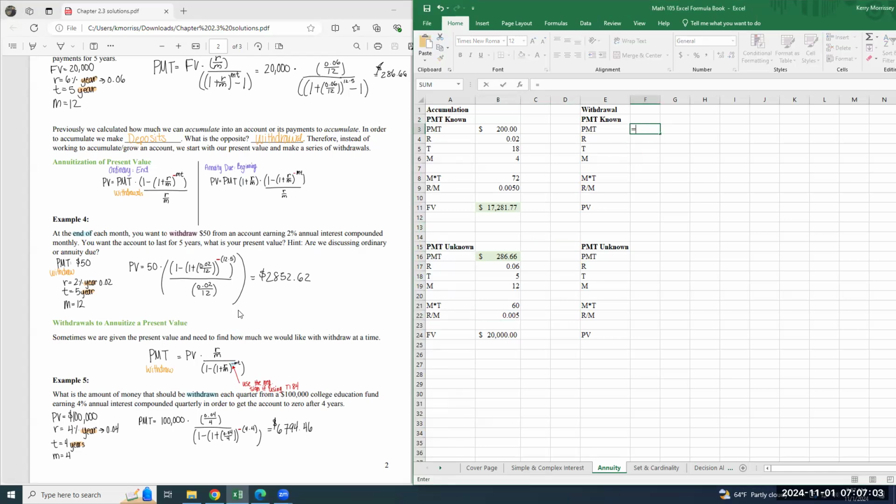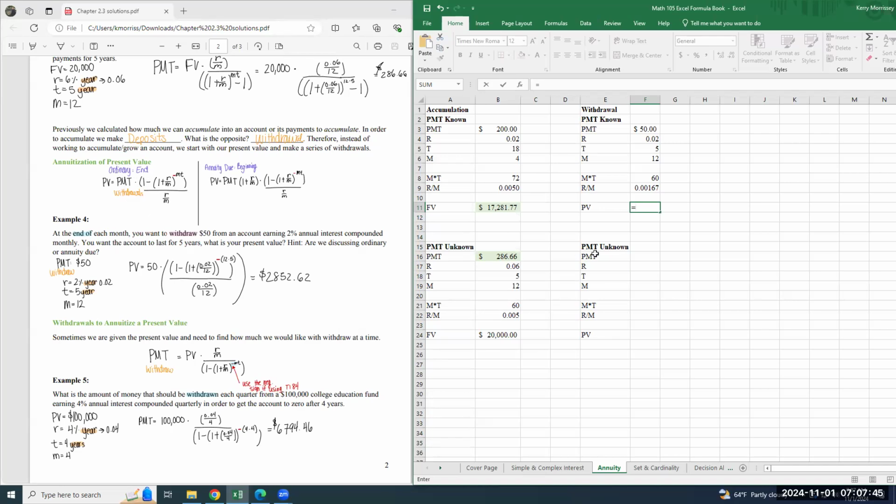So it says equals, oh, sorry, not equals. We have to actually put values in. So we are now talking about withdrawing money. So withdrawing from something that you have currently. So we'll talk about withdrawals in present value. So your rate is 2% per year. Your time is 5 years. We have 12. M times T, and R divided by M. Your present value, we have this equation up here because we're talking about the end of each month. We're doing the ordinary